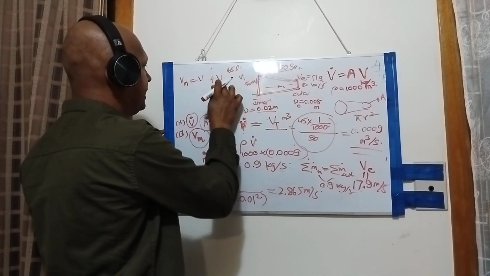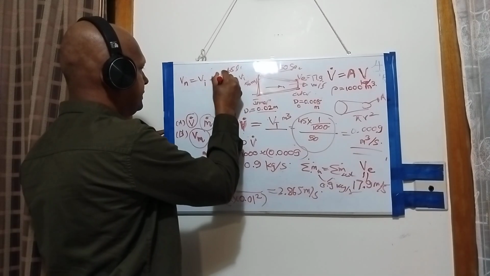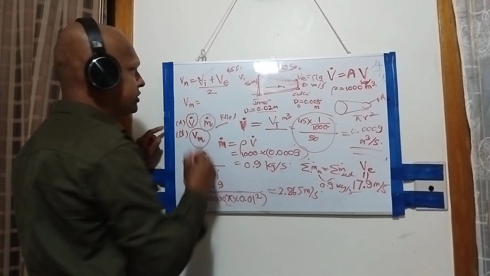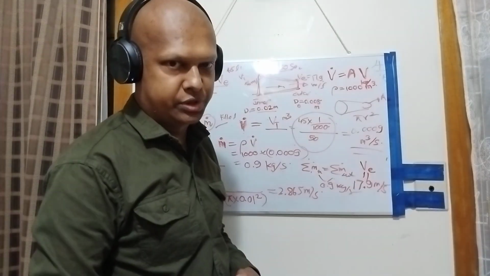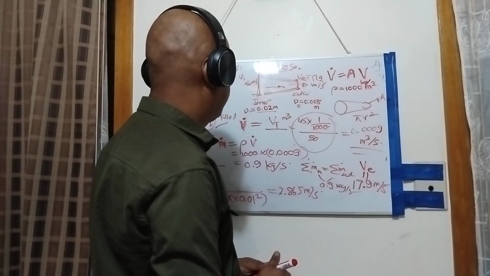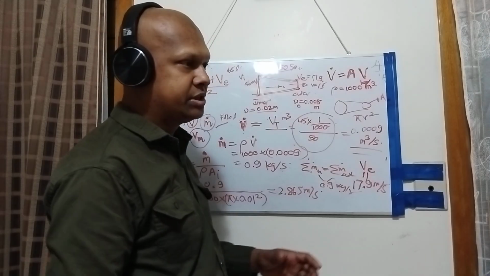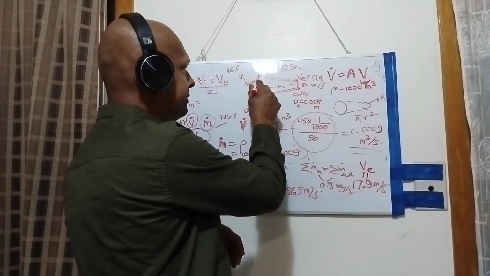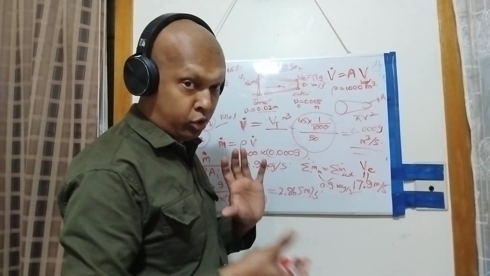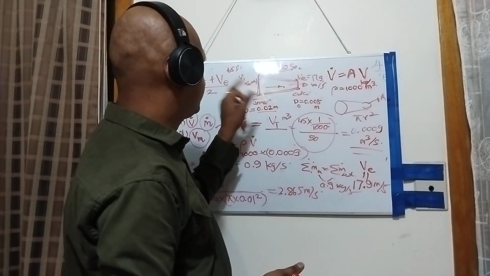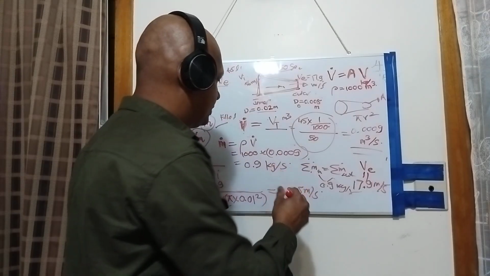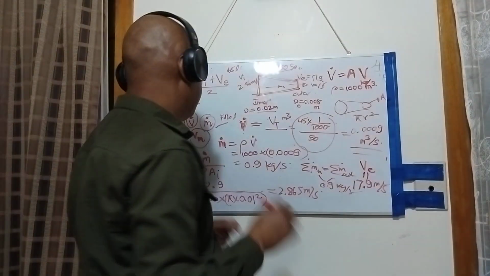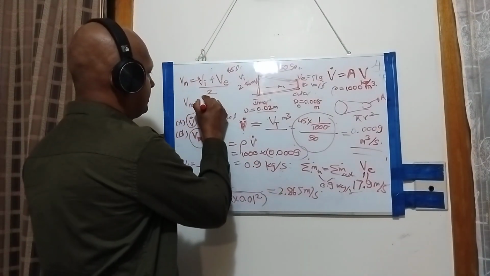So VI plus VE and divided by 2. So that is what is going to be the mean velocity. But if you consider the velocity at the hose just before it reaches the inner part of the nozzle, it's going to be always 2.86. But because they're asking for mean velocity at the nozzle, we have to